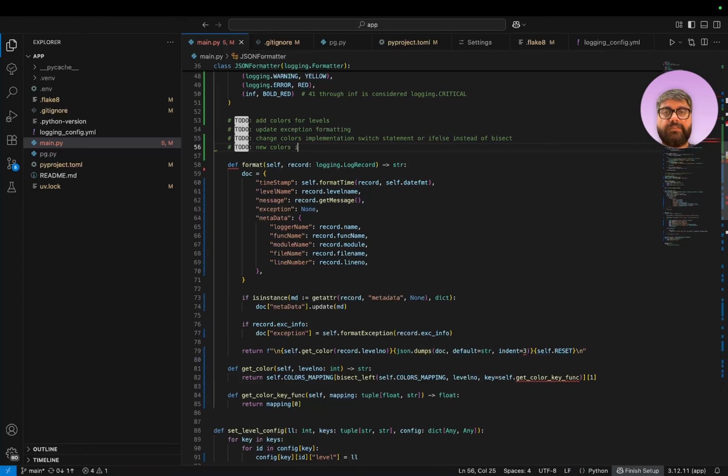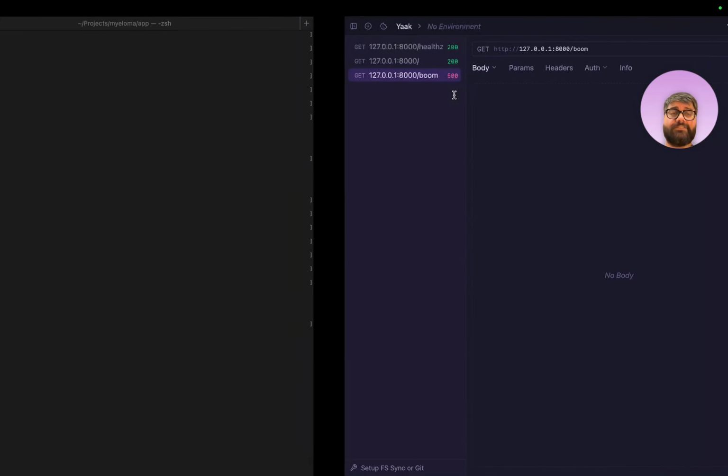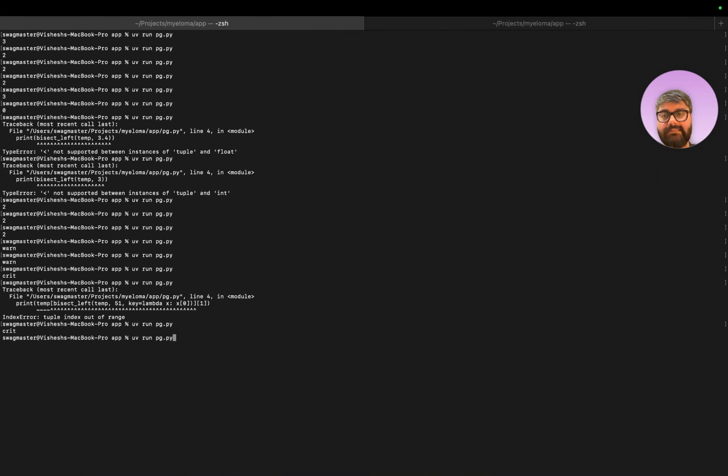New colors implementation should use switch and have info as first case. There you go. I'm just going to add that there because we discussed that and I'm like, okay, that's actually kind of an important thought. So yeah, that's essentially the code, and you guys have already seen the magic of it, so it's kind of lame, but let me,